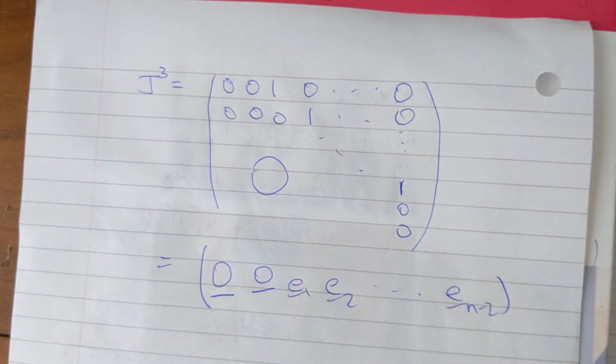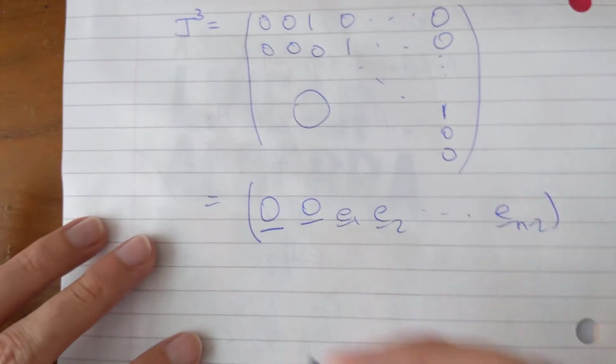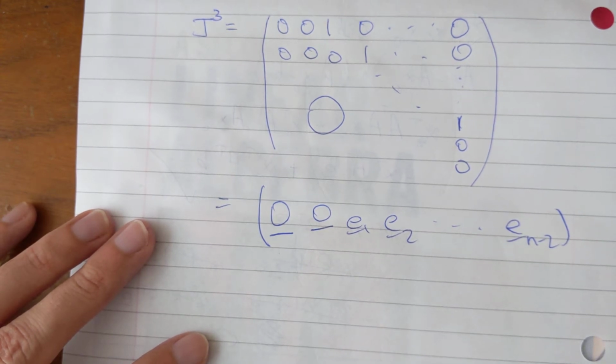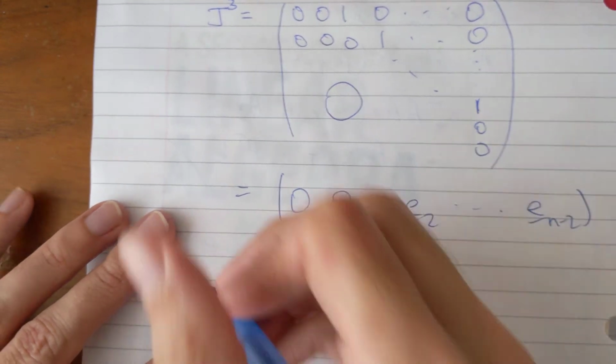Okay, and this tells us, it kind of gives us an idea of what J should do when we multiply by a matrix, right? So